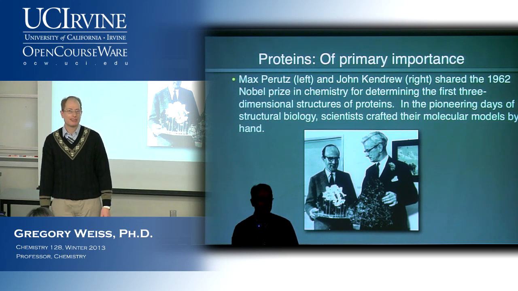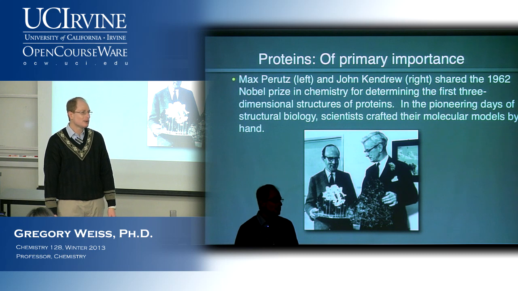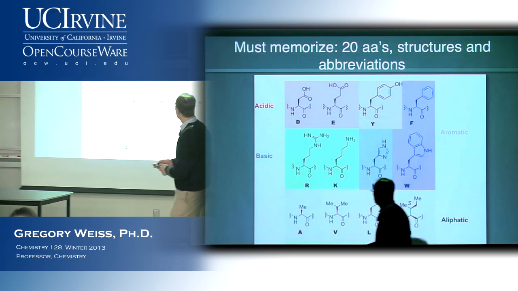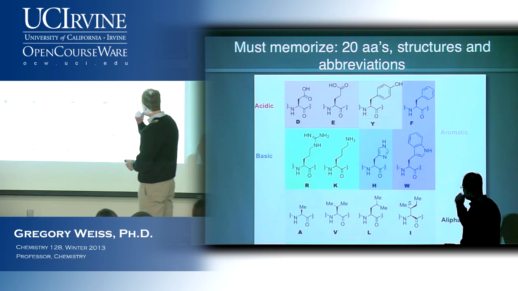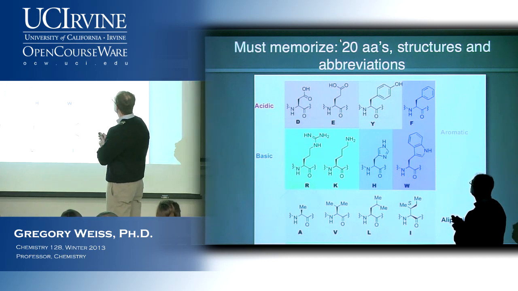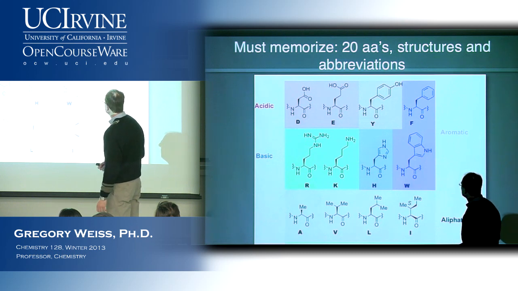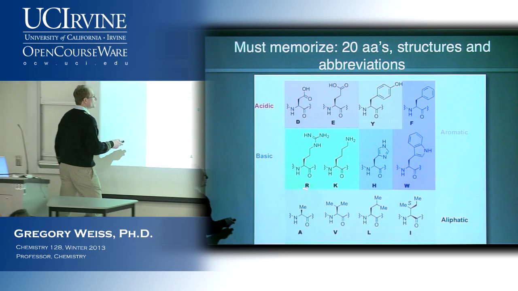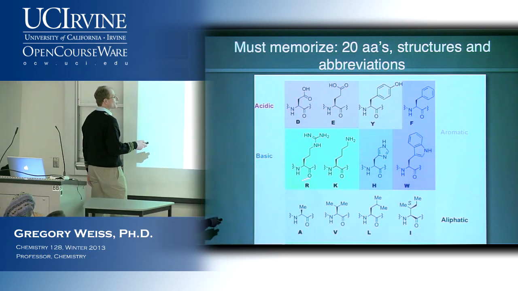And so we like to think about things in 3 dimensions. One of the things that's always entranced me about this topic is that we're going to be taking things off of the flatland and talking about them in 3 dimensions. Okay, so the first thing I'd like to ask you to do is memorize the structures of the 20 amino acids and their abbreviations, both the 3-letter and the 1-letter codes. Here I'm depicting just the 3-letter codes, or just the 1-letter codes.